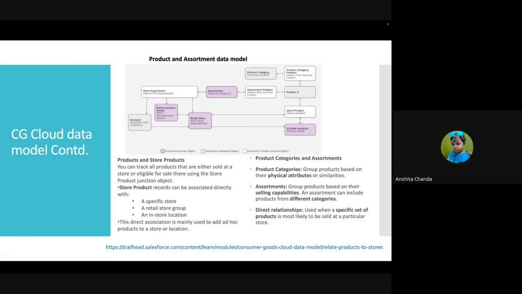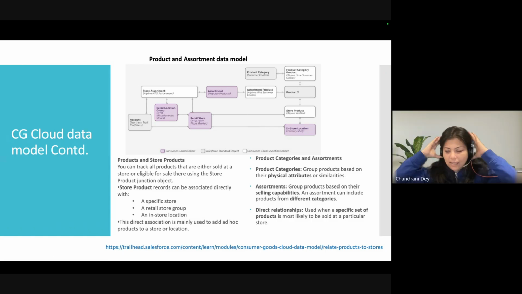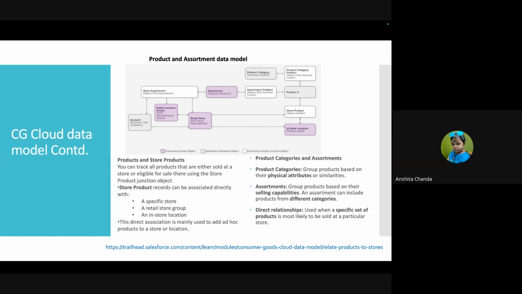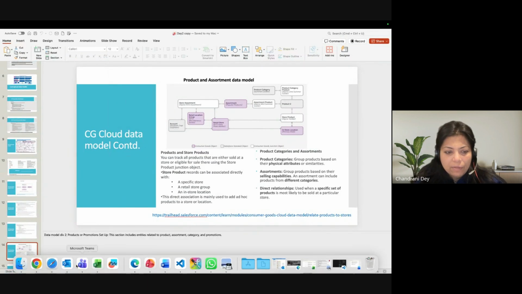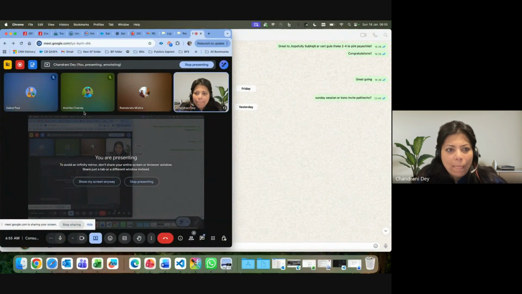Chandrani ma'am, it's already over my head. Yes. Stop. So you want to continue, right? No, okay. It is echoing in our ears. Yes, it is echoing, and I am not able to hear clearly. Anshita's voice is coming very slow, delayed and slow.